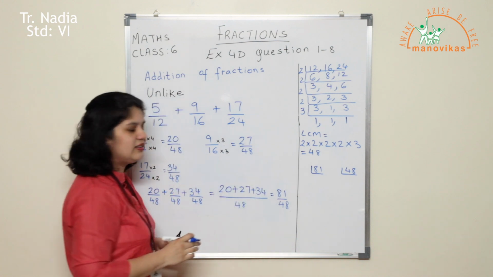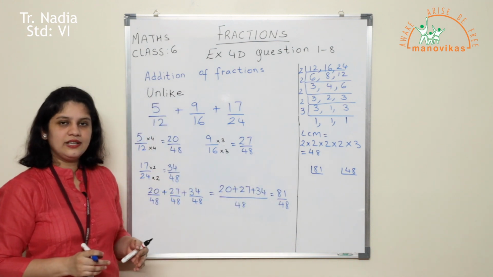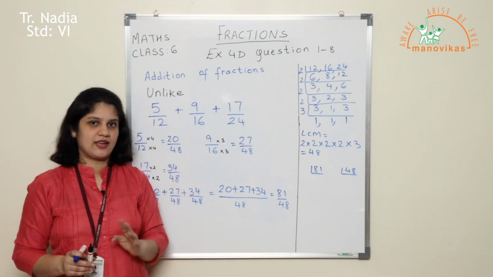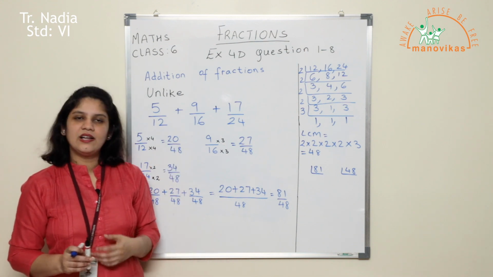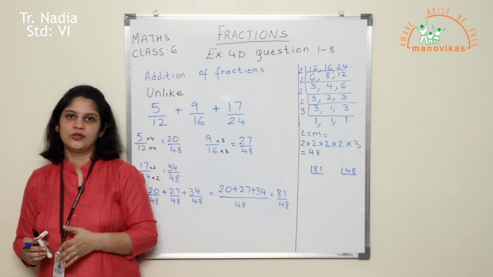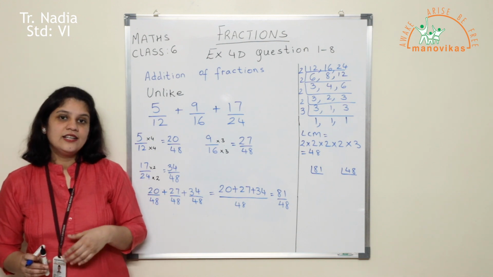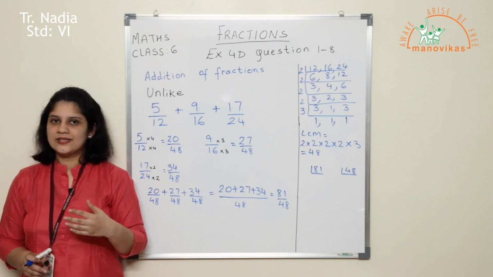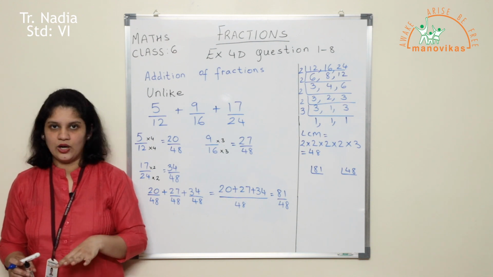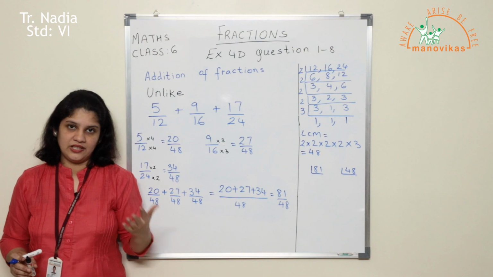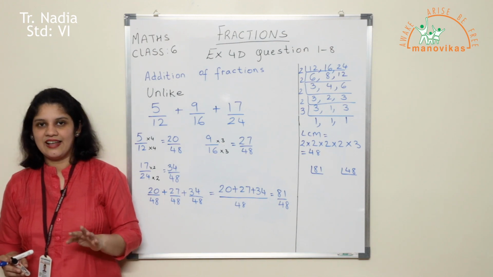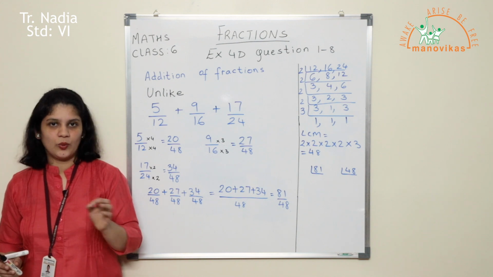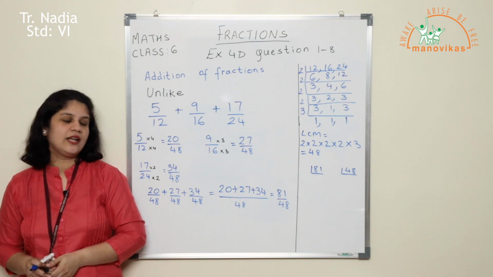Alright, now 81 is an odd number. It will not come in the 2 times table. I have told you all only even numbers can be divided by 2. 81 is odd, so you cannot use the 2 time table to divide it. The next prime number is prime number 3. I had told you all a simple rule how to find out whether a number can be divided by 3. And that is by adding up the digits and finding out whether the total comes in the 3 table.